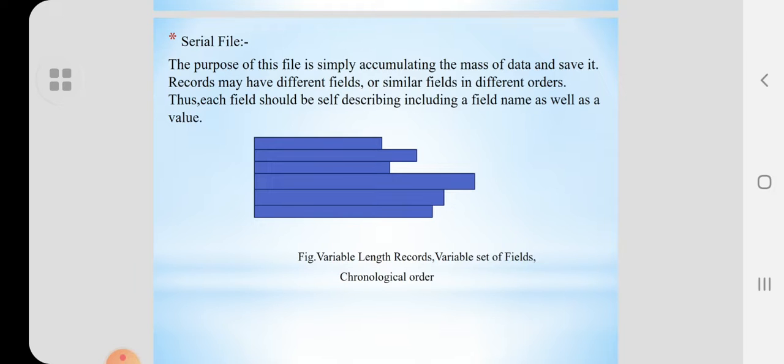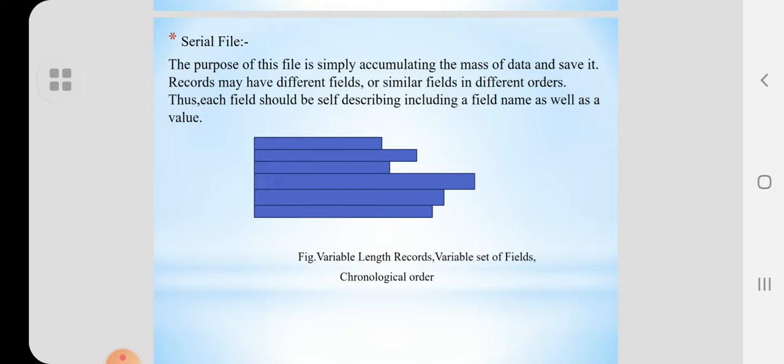The least complicated form of file organization is the serial file or pile. Data are collected in the order in which they arrive. The purpose of this file is simply accumulating the mass of data and saving it. Records may have different fields or similar fields in different orders.